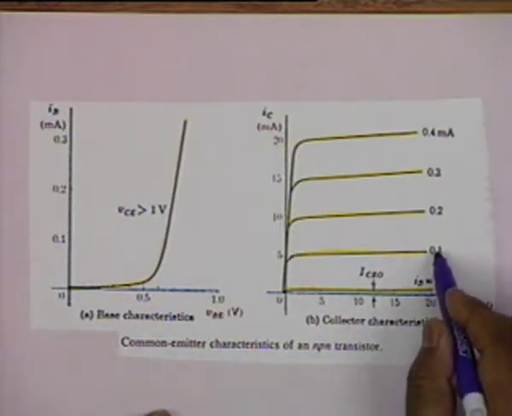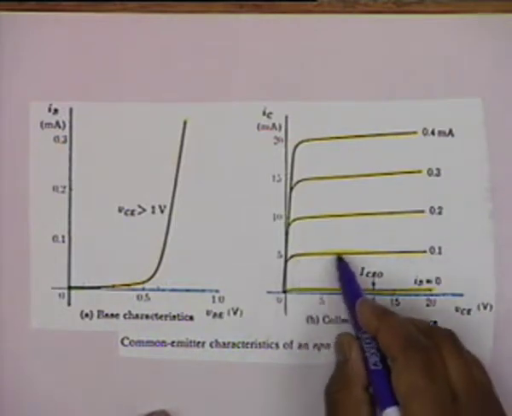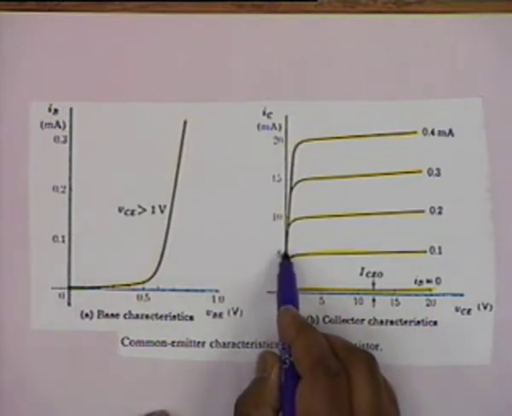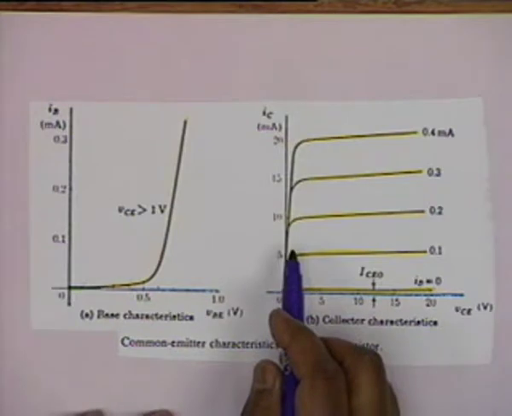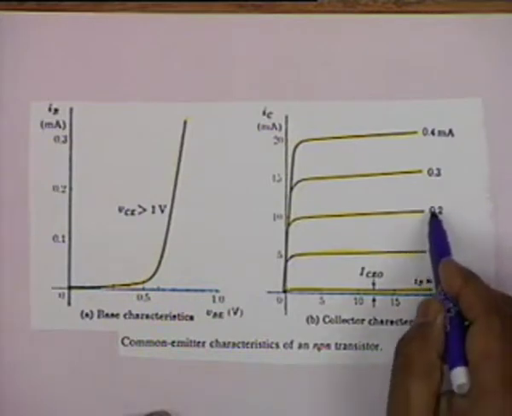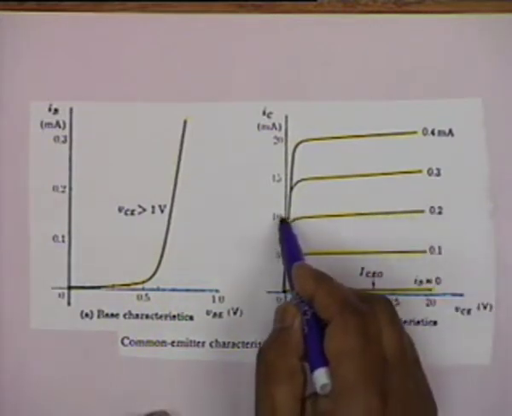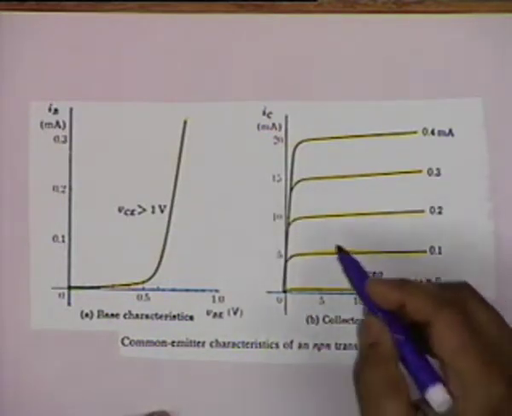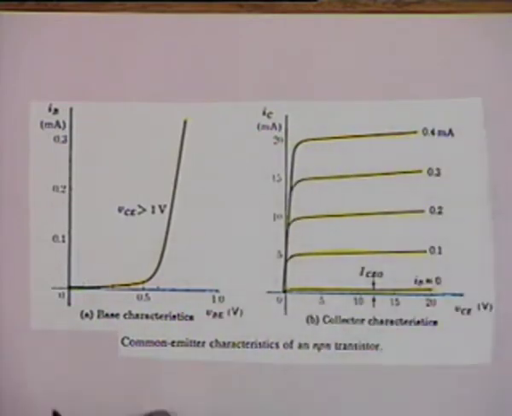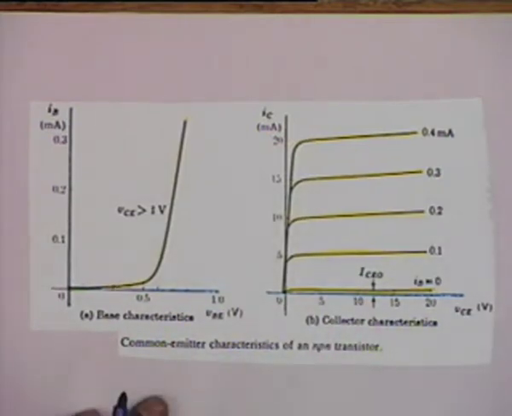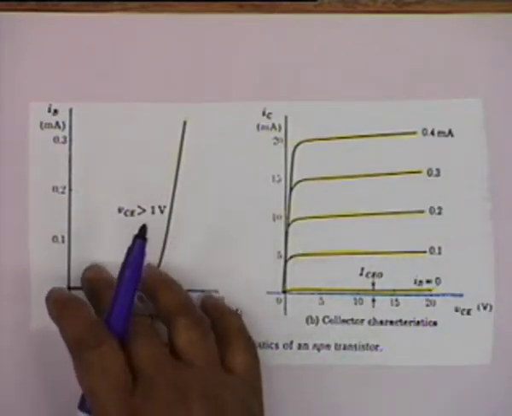When I_B increases to, let's say, 0.1 milliampere, the curve goes like this, and if you extend this, it cuts at about 5 milliampere, and therefore this is a transistor with a beta of 50, 5 by 0.1. Similarly, when the base current goes to 0.2 milliampere, it cuts the axis at about 10, which corroborates the fact that beta is approximately equal to 50. And equal increments of base current should cause equal increments of collector current, and this is approximately true in practice also. This is what the collector characteristics look like, and this is the input characteristic.